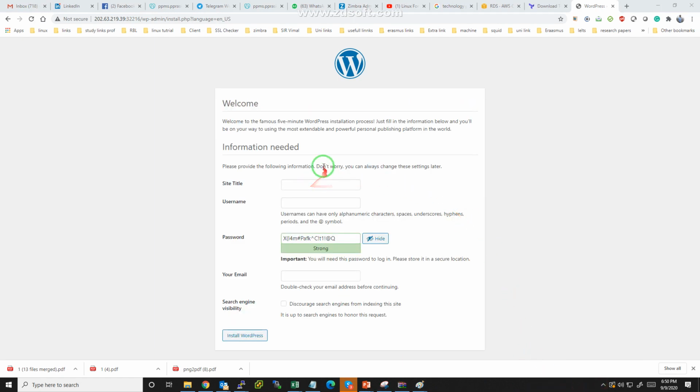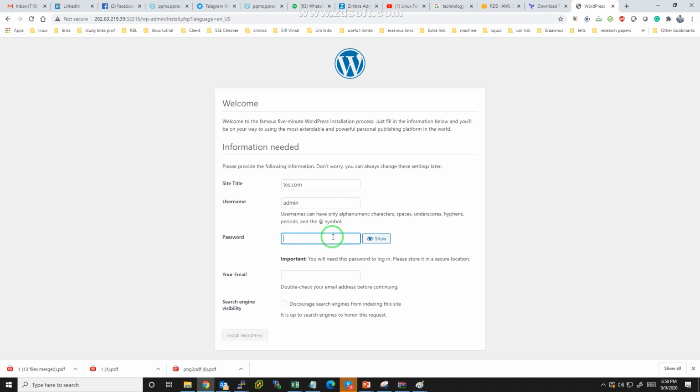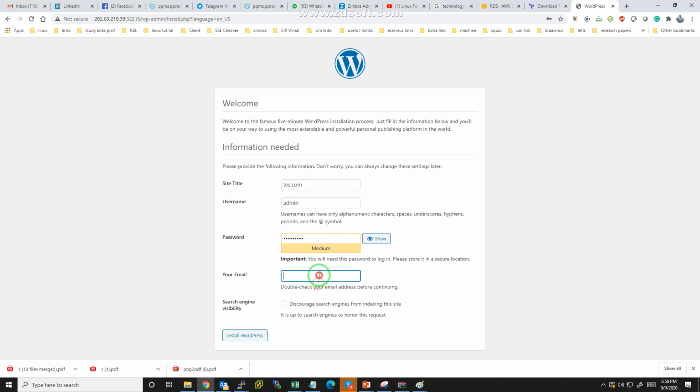Now it's asking you for some site details, so you just have to enter test.com, and the username is admin. I'm just hiding this. For the email ID, I've just written my email ID, and then install. It's a test, I believe, test.com.